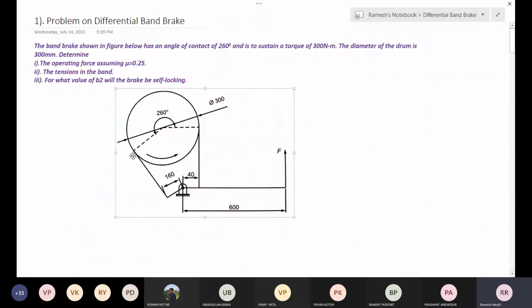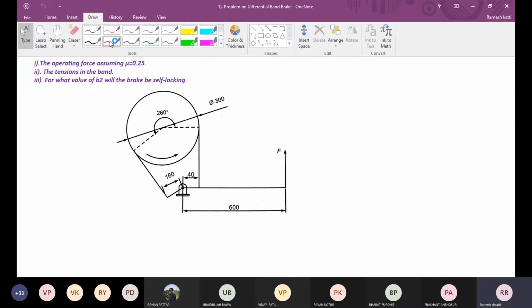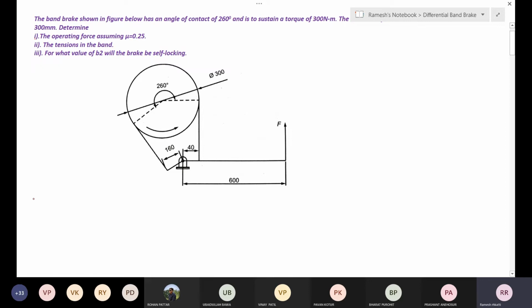Now, in the given problem, it is counterclockwise. Here you can see that the direction of rotation has clearly been mentioned as counterclockwise. If the direction is not mentioned, you need to solve it for both clockwise as well as counterclockwise. Here he has mentioned counterclockwise, accordingly you need to take that. Now I will write down the given data.